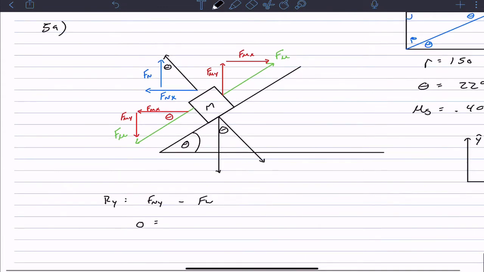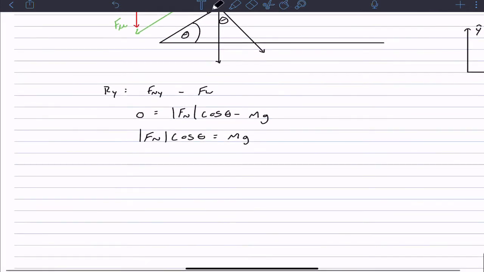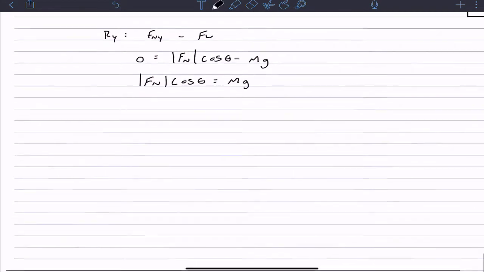Okay, so now we have Fn cosine theta minus mg is equal to 0, which means that Fn cos theta is equal to mg. That's what we get from our y component. And then for the x component,